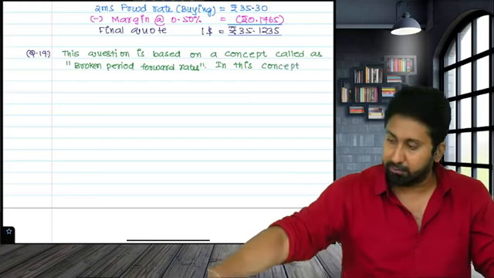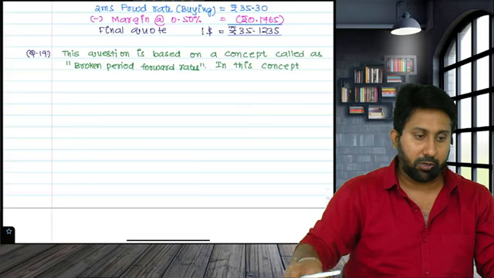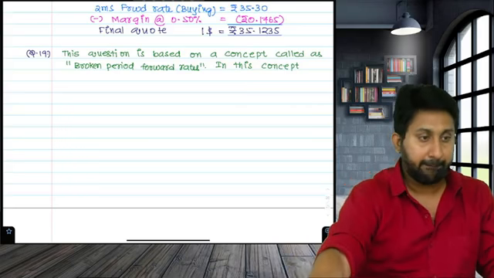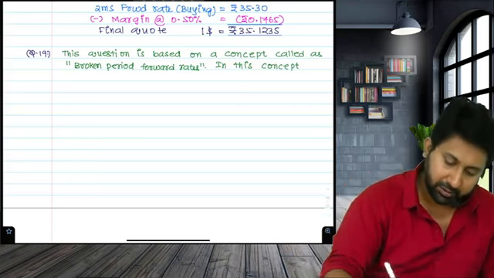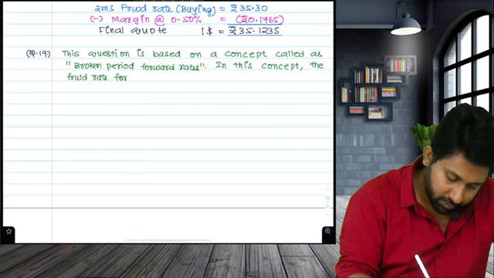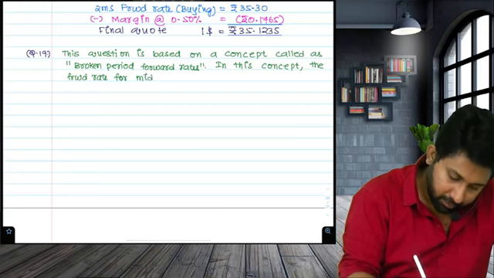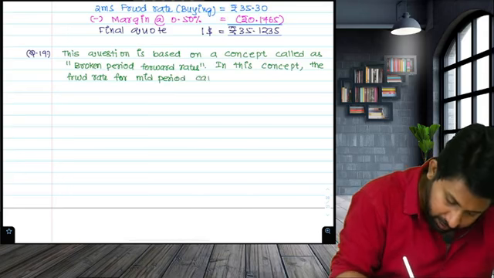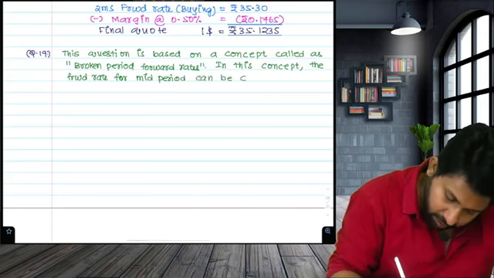In this concept, the forward rate for a mid period can be calculated